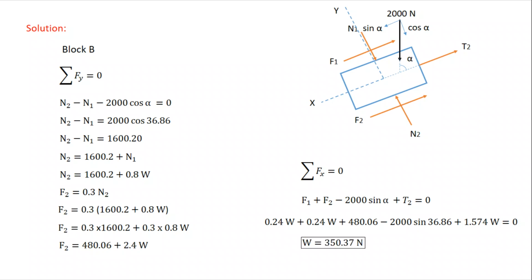Simplify it, and we get the W value equal to 350.37 Newton. So in this way we can solve any rope friction problem. So we will see